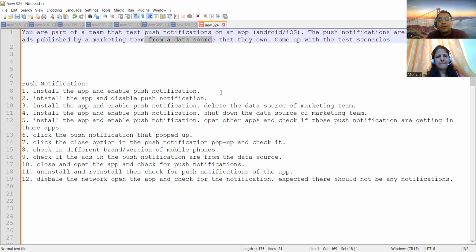Okay. And then you will uninstall and again reinstall. Then you will check for the push notifications. Let's say when you were about to get a push notification, you uninstalled the app and then again you